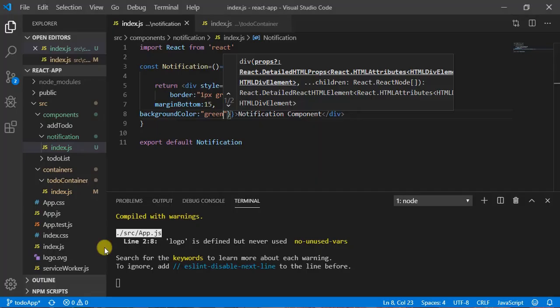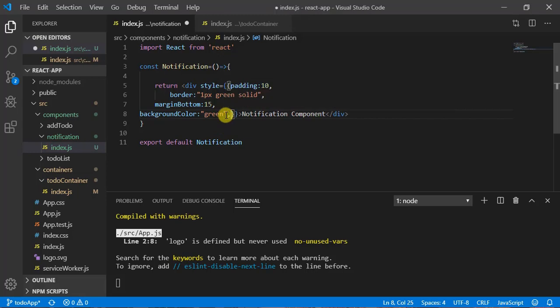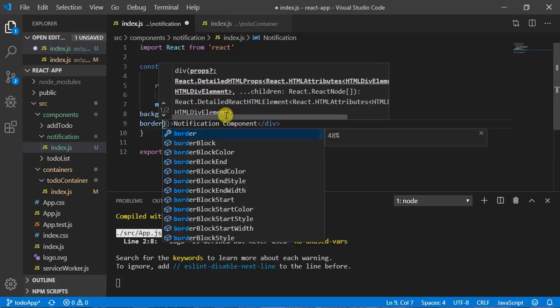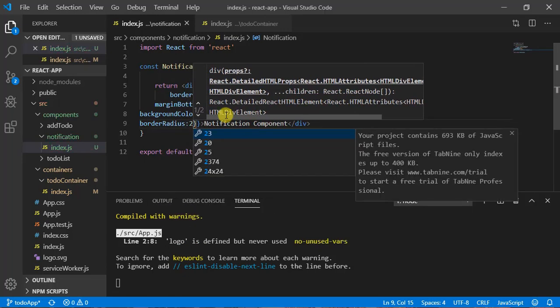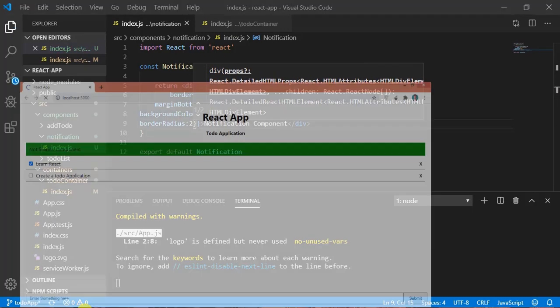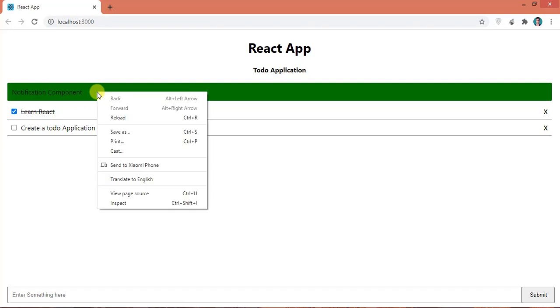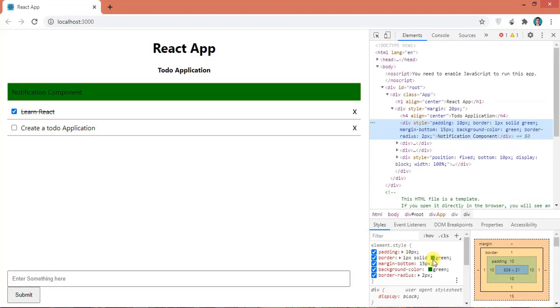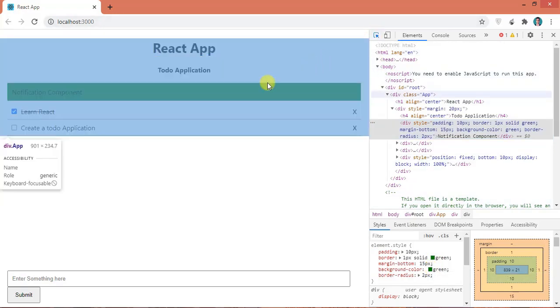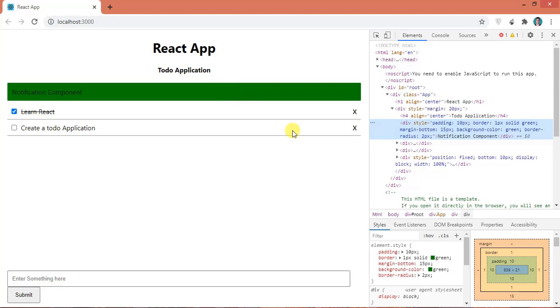Now let's give some border radius. So border radius and give 2 pixel. And change the background color here. Right click here, go to inspect. As you can see here, I am able to see this one. If you are not, select this option from here and point to this component and click on this green.